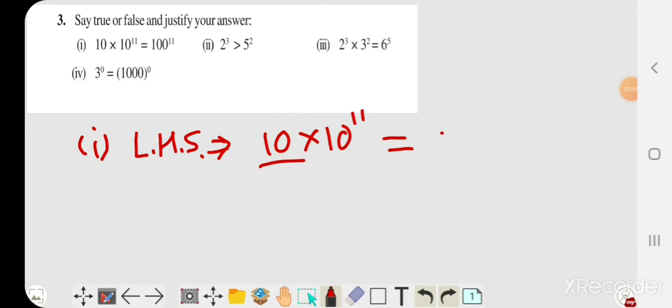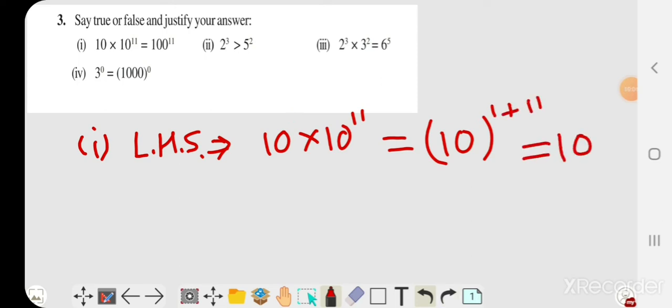Clear? But if there is power 1, we don't write 1. If it is 2 raised to power 1, we simply write 2, not 2 raised to power 1. So it becomes 10 raised to power 1 and 11. So 1 plus 11 means 10 raised to power 12. Is it equal to 100 raised to power 11? Let's see. Now the right hand side,